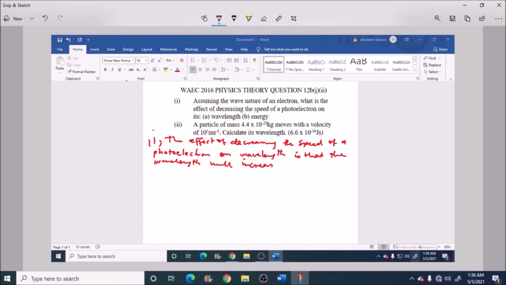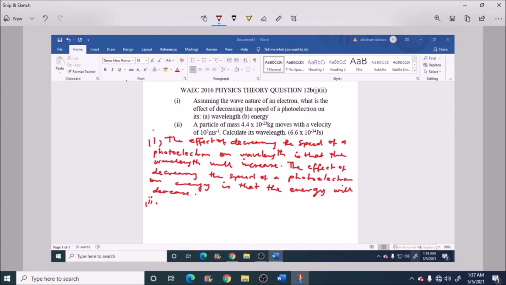Then the effect of decreasing the speed of a photoelectron on energy is that the energy will decrease. Okay, now in answering question number 2,